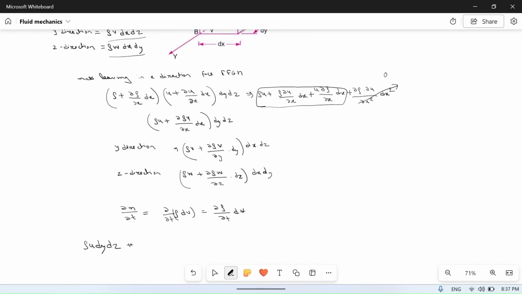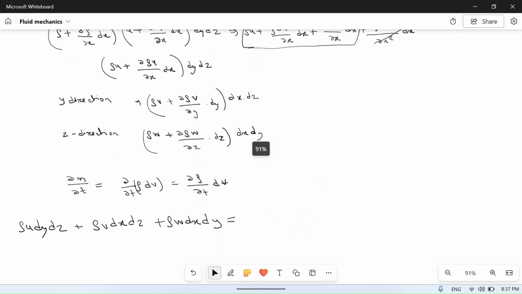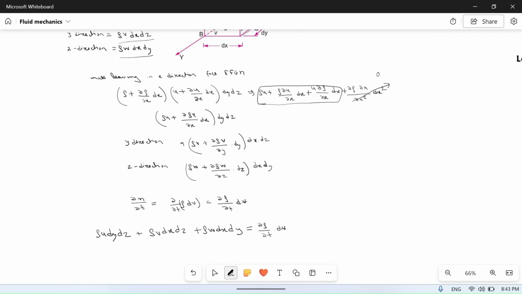plus rho v dx dz plus rho w dx dy is equal to the mass accumulation, del rho upon del t into dV, which is the rate of change of mass, plus